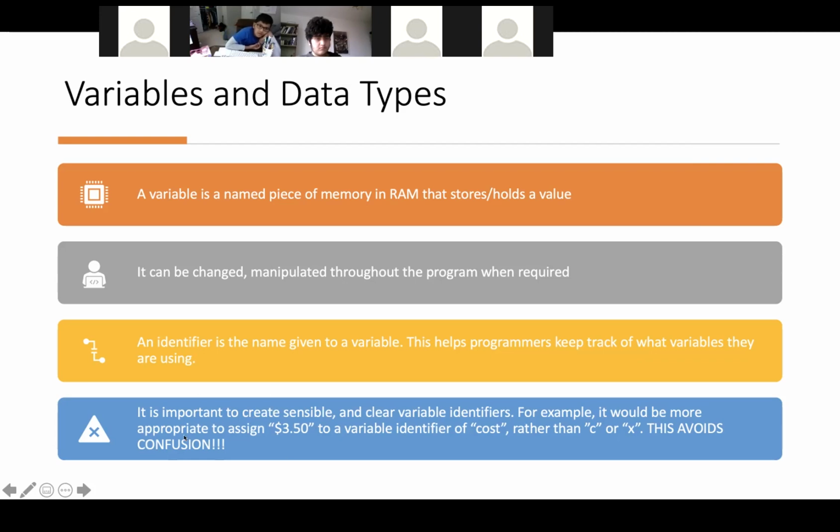However, it is important to create sensible, clear variable identifiers. For example, it would be more appropriate to assign $3.50 to a variable identifier of cost rather than COX. So for example,